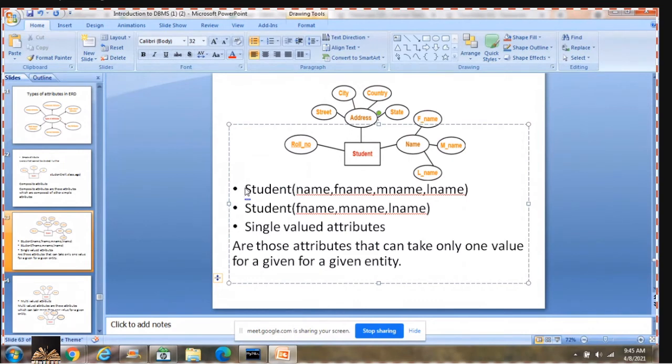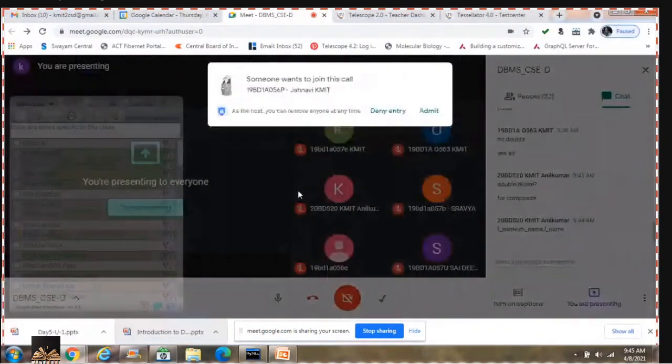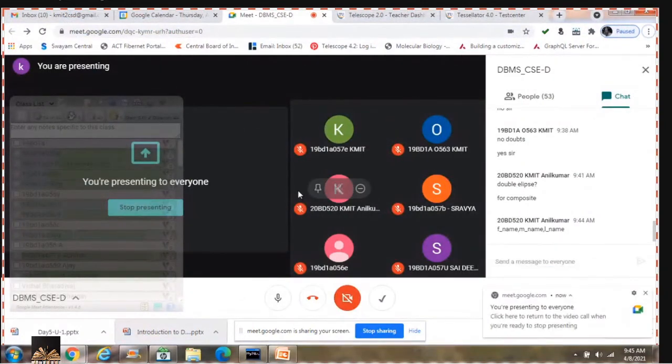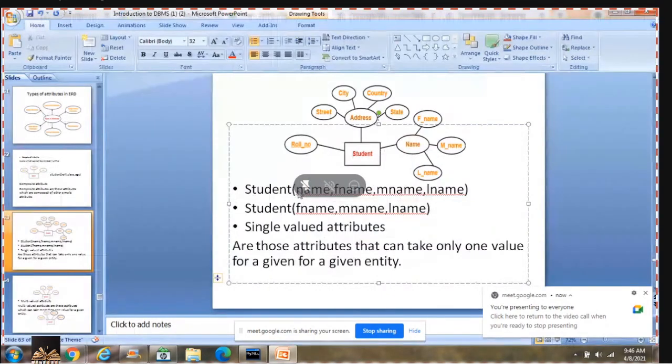That is what you have to understand while working with composite attributes. What is name over here? Name is a combination of F name, M name, L name. So if you write the same thing again, there is no use. Whenever you have F name, M name, L name, you can indirectly get the name of the student.